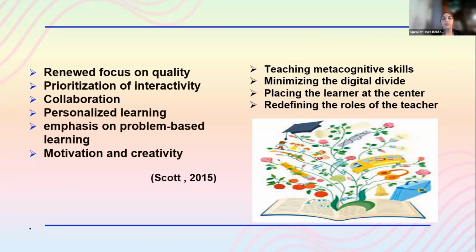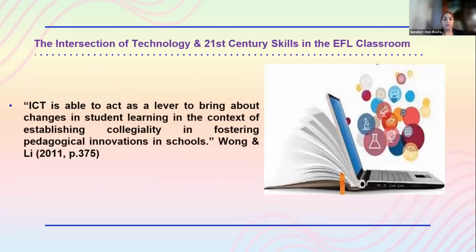And as for the tools, strategic questioning, ICTs, social media, authentic materials, which are focal in teaching metacognitive skills, minimizing the digital divide, placing the learner at the center of the learning process, and redefining the teacher roles and functions. And this leads me to my next point, which is the interface of ICT tools and competencies in the EFL classroom. Wong and Lee 2011 state that